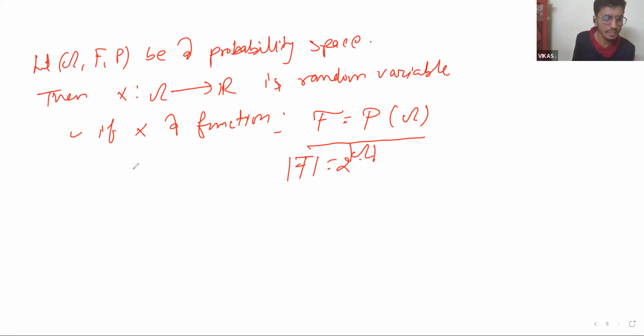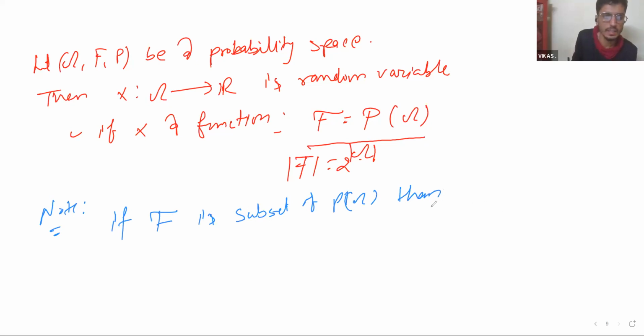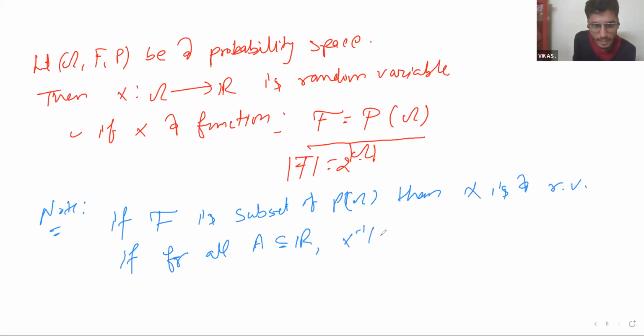And if you want a clearer definition, the generalized definition is that if script F is a subset of the power set of omega, then X is a random variable if for all A subset of R, X inverse of A is an event of omega.